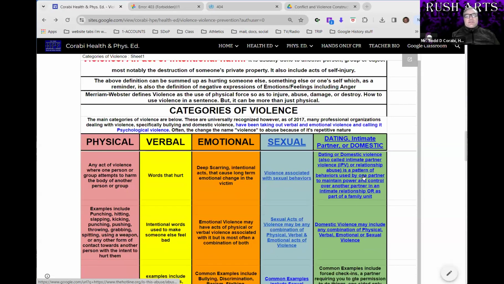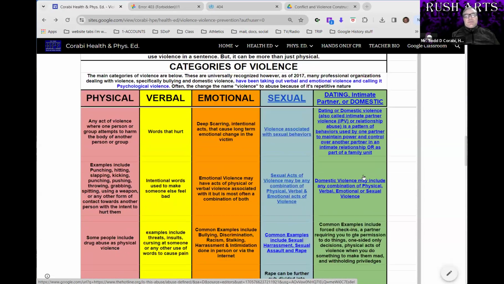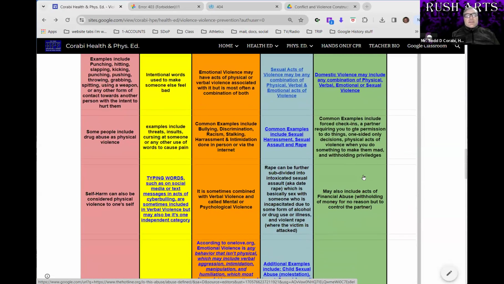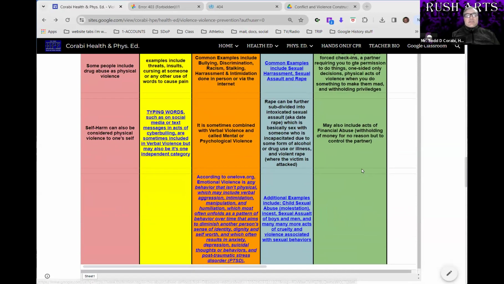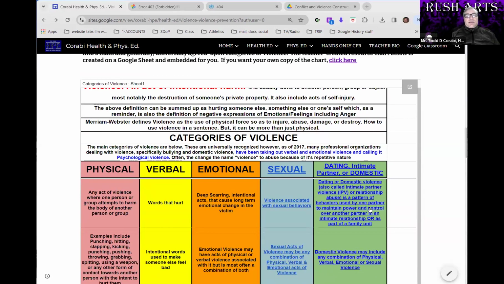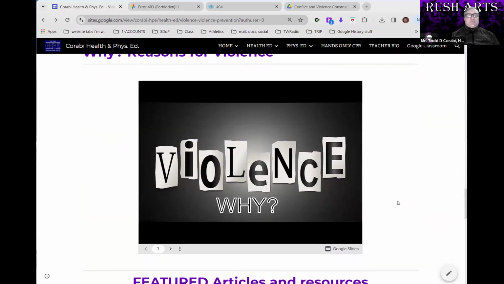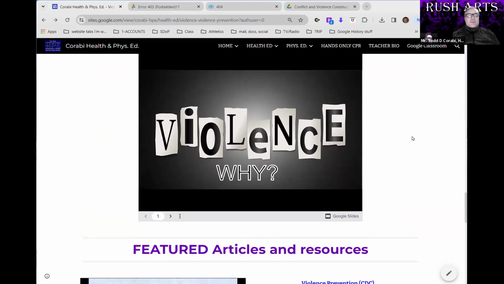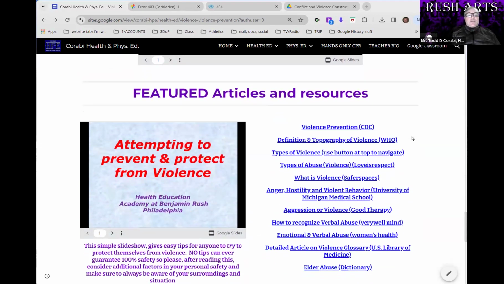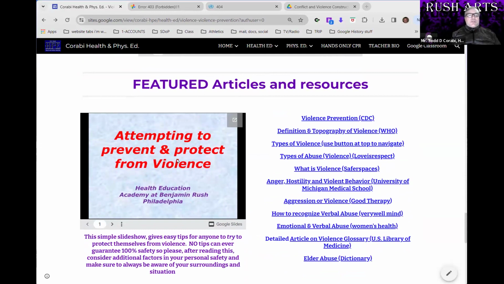The fifth category that's sometimes not included is dating, intimate partner, or domestic violence, which is included in the World Health Organization's definitions, but not always in everybody else's. As you scroll down, there is a PowerPoint on the reasons why people commit acts of violence. We're not going to go over that in this video because you will be doing that, or did that, in small groups in class. It's coming up with the main reasons why, and there's also a link to a master list at the end of the slideshow.